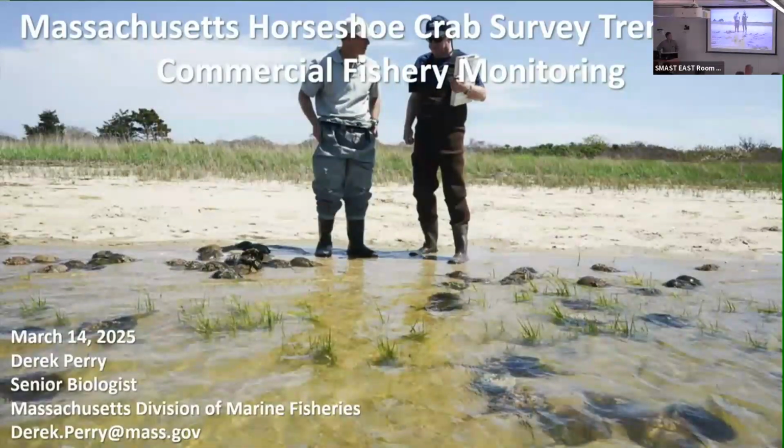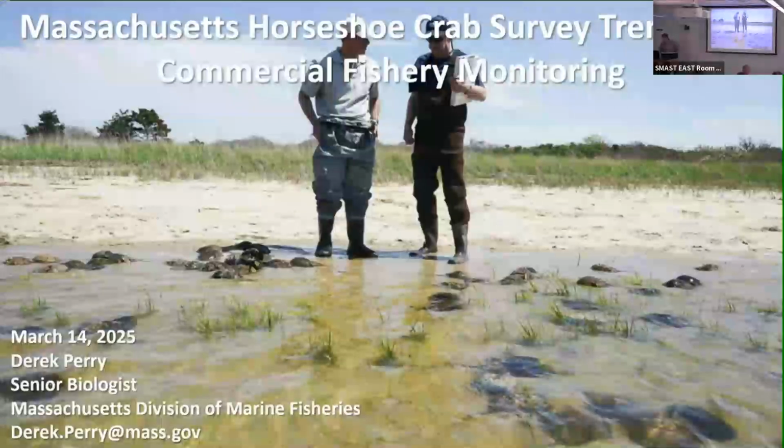Thank you, Tracy. So my job as a state horseshoe crab biologist is basically to provide scientific advice to managers. So that means directly to Dan McKiernan, Marine Fisheries Advisory Commission. Those are the people that propose regulations and vote on them. It also means the general public. This is a public resource, so the public has a say in how a species is managed. So what I'm going to do today is talk about the data that I use to form that advice,